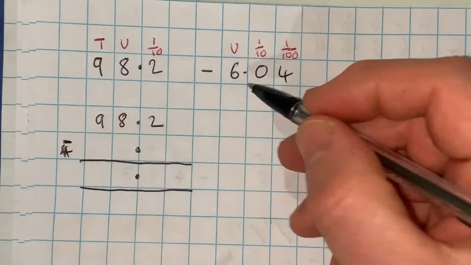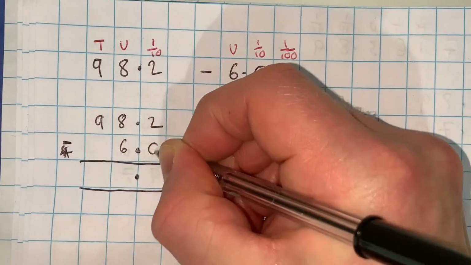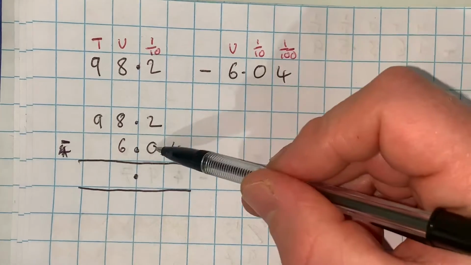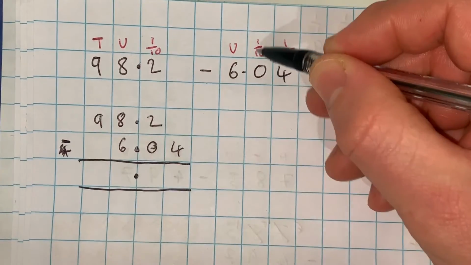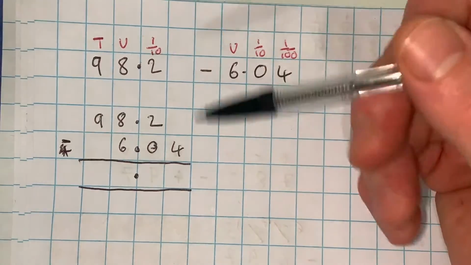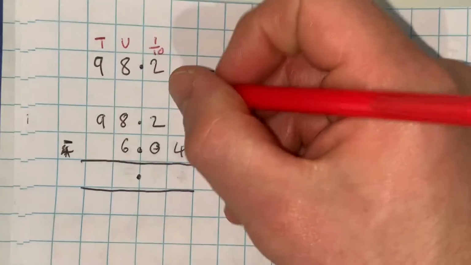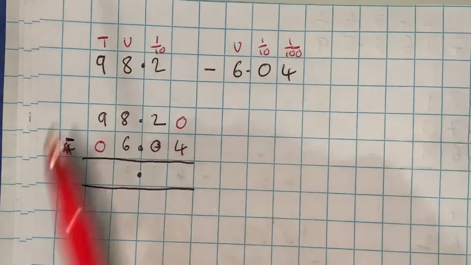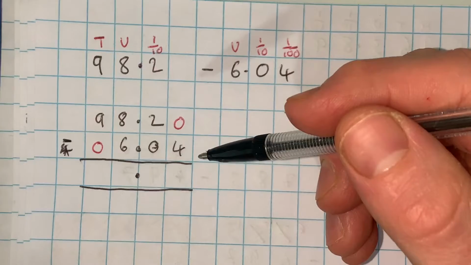So 6.04, although there is a 0 there, it does matter. We have to put a 0 here because this says I have 0 tenths, and as we can see, the 2 was in the tenths column here. So now that means I can fill out a 0 there and a 0 there. Okay, so now then,